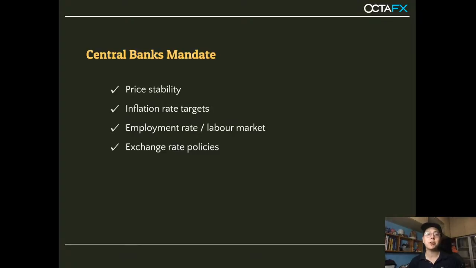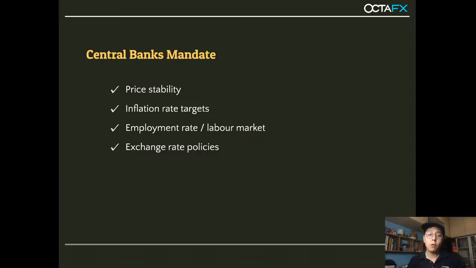Okay, and over here you want to know that all of these 8 banks only have really this few objectives. So this is like their KPI. They need to make sure that these objectives are being met. This objective here again is not complicated. The main two that all of you should really know, or I would say remember, is that the first one is what we call price stability, or inflation rate target.